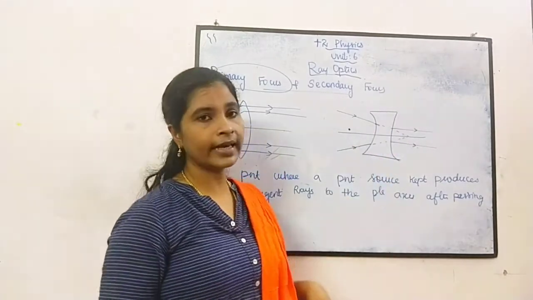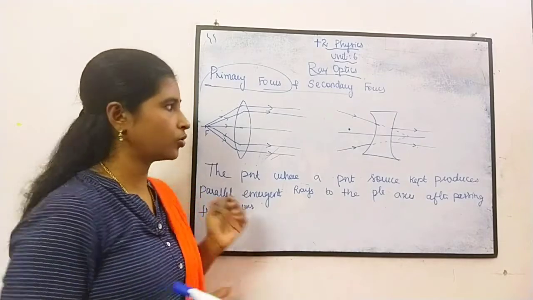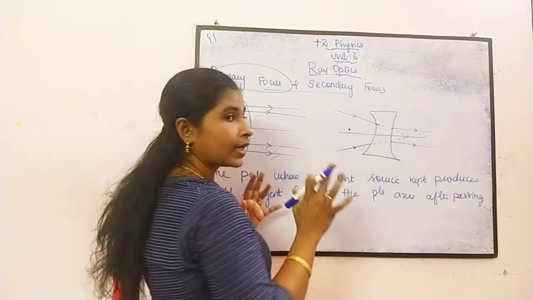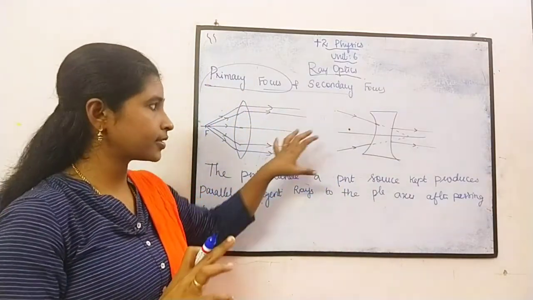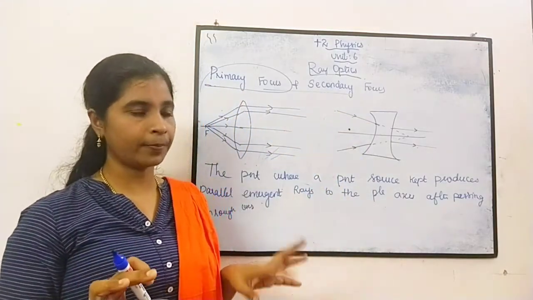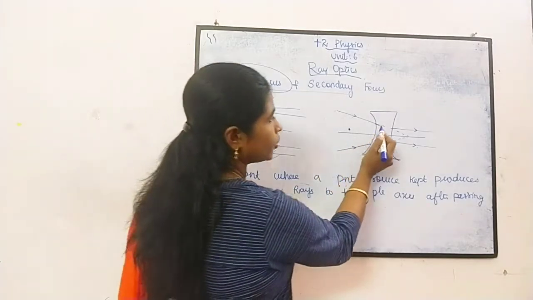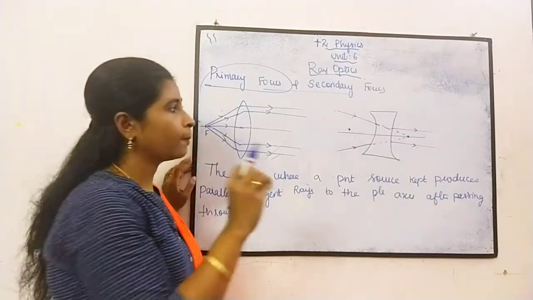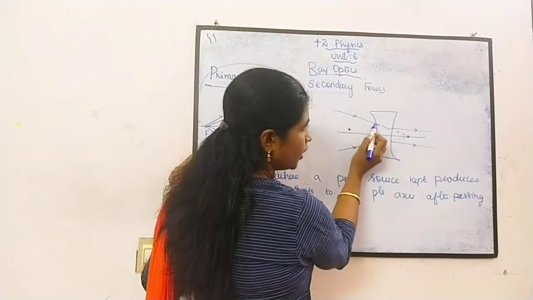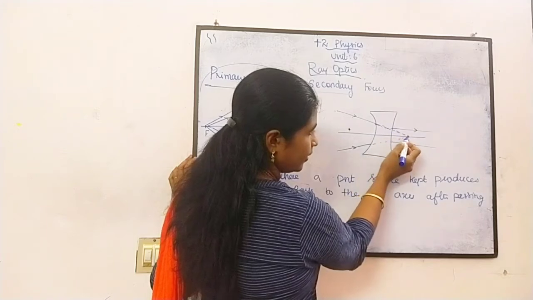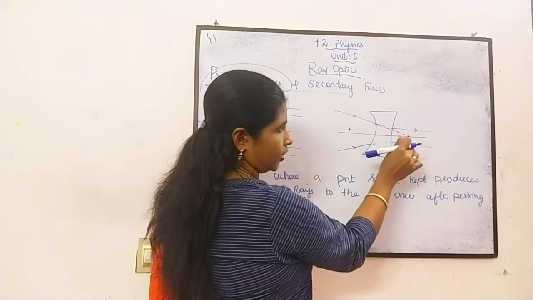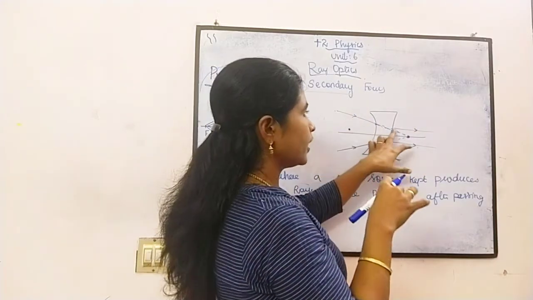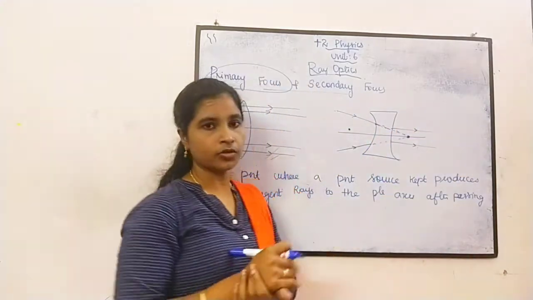When you take a concave lens, we know that it is a diverging lens. So this is the ray of light. These light rays are not coming from a particular point, but they are directed toward a single point. If you take the actual path of these rays, they are directed toward the same point. So here also the refracted ray is parallel to the principal axis.